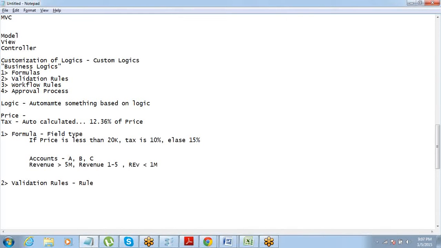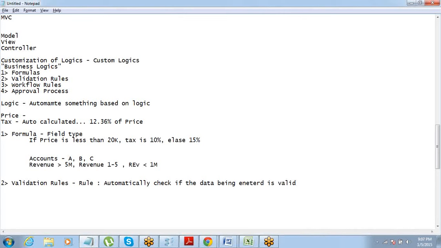a rule, okay, and this rule is to automatically check if the data that is being entered is valid. So this checks whether the data that you are entering is valid or not.